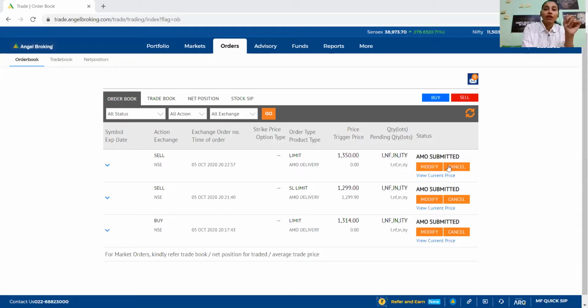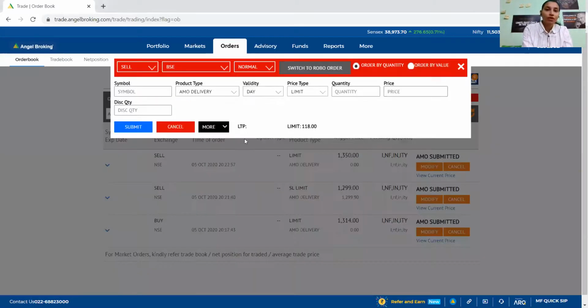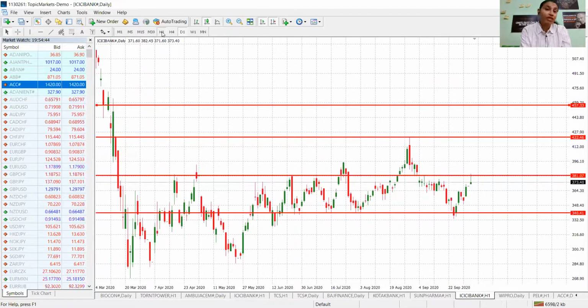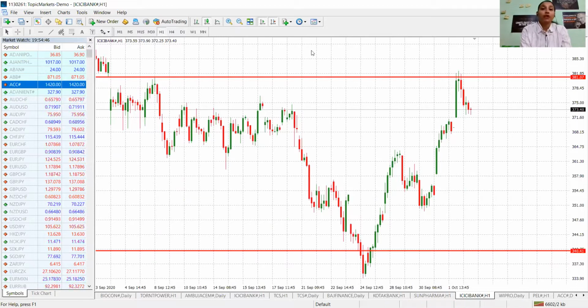So now I can just cancel all these if I don't want to take this trade. Now I will show you another trade where I will do a sell. I don't know if it will be able to sell over here or not, but let's try. I will take ICICI Bank. If you remember, today ICICI Bank has actually formed a sell pattern. Let me just show it to you all. By the end of the day, Bank Nifty also formed a sell pattern in the hourly time frame, and I actually saw this at this level in the second hour.